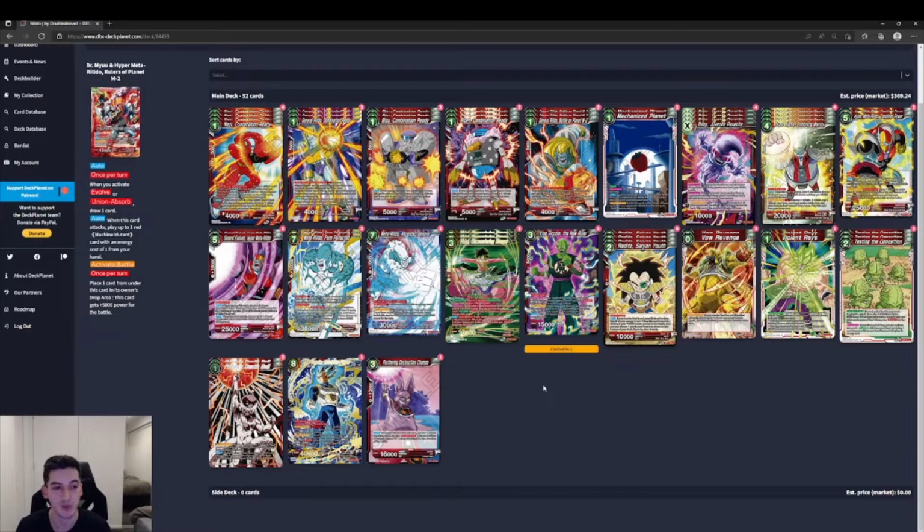Place 1 card from under this card in its owner's drop area, and then this card gets plus 5,000 power for the battle. So we can do this on either player's turn, which is good, whether we need it offensively or defensively. But being able to play the 1 red machine mutant with our energy cost of 1 from our hand is really good. As we jump into the battle cards in the deck, you'll see that there's a lot